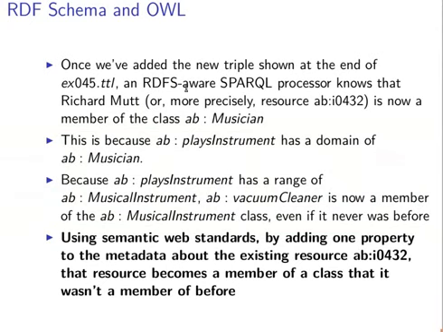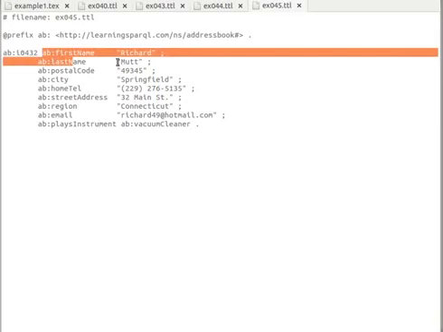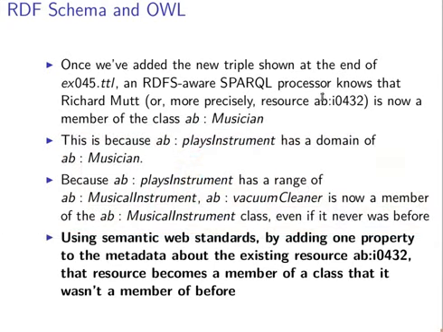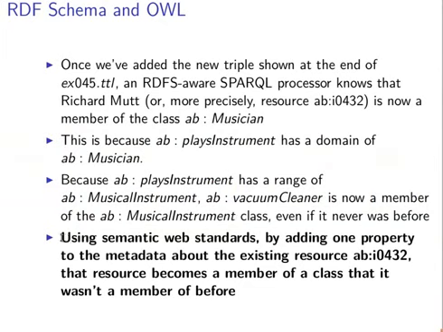Any RDFS-aware software or SPARQL processor knows that Richard Mott, for example, which is this individual here, the one we're describing with first name and last name and the rest of the information, is now a member of class musician, and it will automatically know again that vacuum cleaner is a member of class musical instrument, although we did not explicitly say that in our data. This is the power of this stuff, and this is why I'm putting it in bold here,